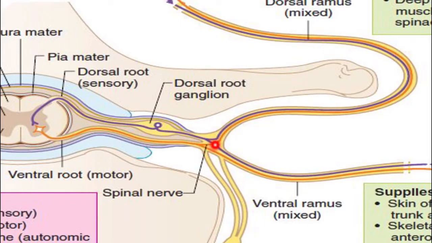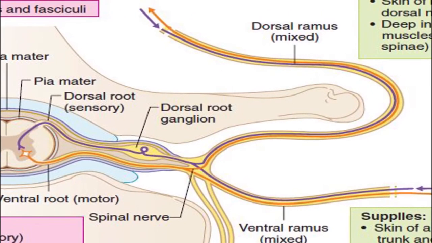Now, we can say these two are the branches. Just imagine this is a tree and this is the tree trunk. The tree trunk is called the spinal nerve, and this trunk has two roots, a dorsal one and a ventral one, and these roots are connected with the spinal cord. The dorsal root carries only the sensory, and the ventral root carries the motor. This trunk has branches, and these branches have both sensory as well as motor. Why? Because the dorsal ramus, dorsal meaning the posterior part of the body,